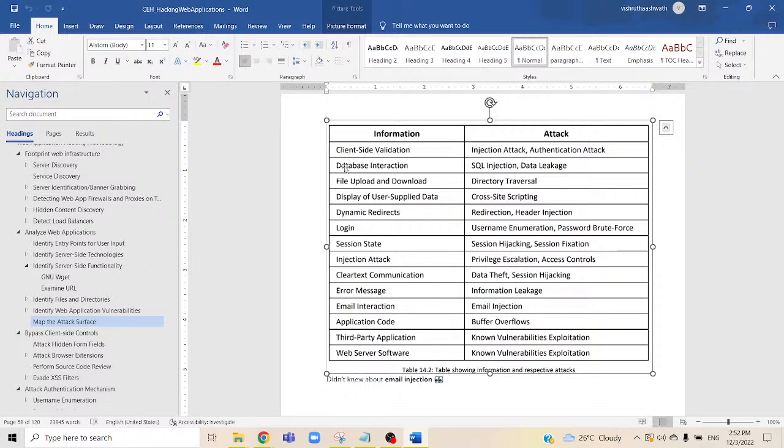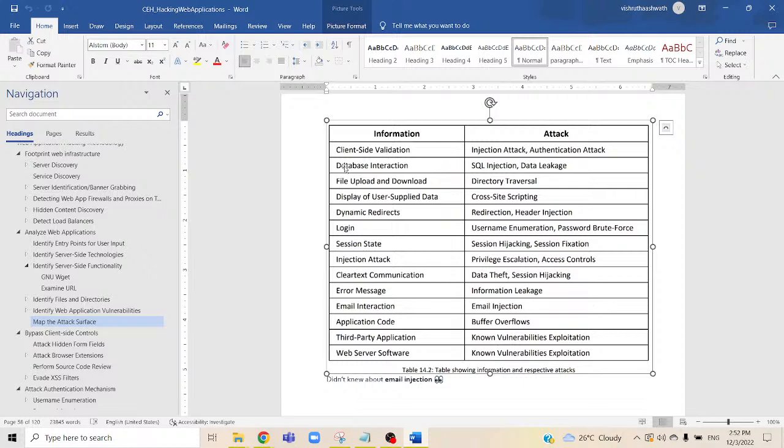File upload and download: directory traversal. Display of user supplied data: cross-site scripting, dynamic redirection, header injection. Login: username enumeration, password brute force. Session state: session hijacking, session fixation, injection attack, privilege